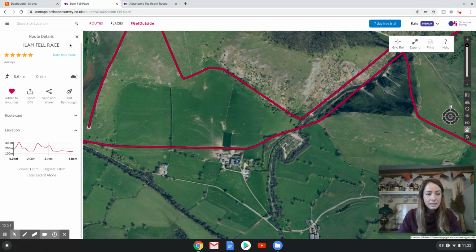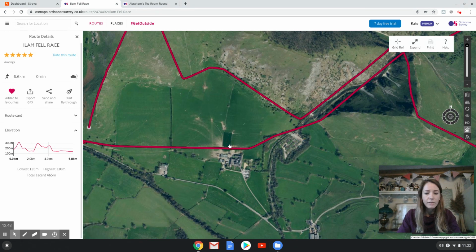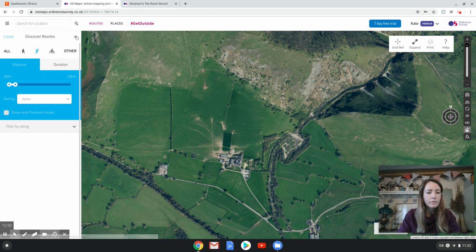So that's it basically. Now to save this, if you're liking the look of that particular route, I've already added this to my favourites, but if you were doing this from scratch, then it would just be blank, this little heart on the left-hand side. So you'd add it to your favourites there. It has now been added to our favourites list. Then if we cross out of there,